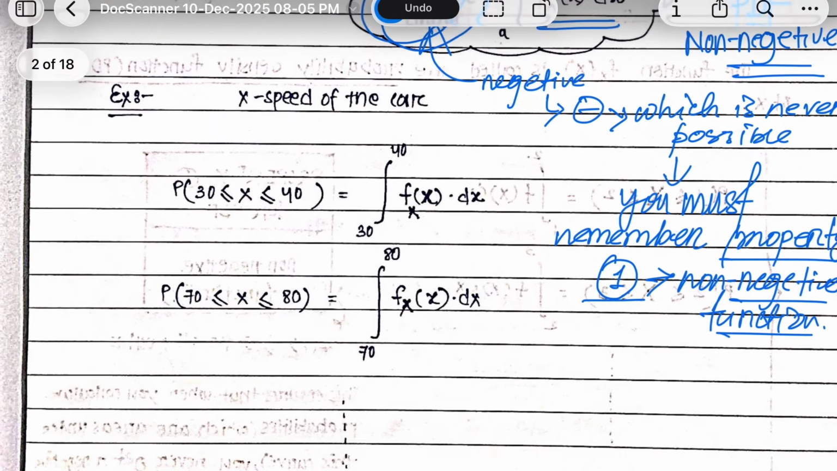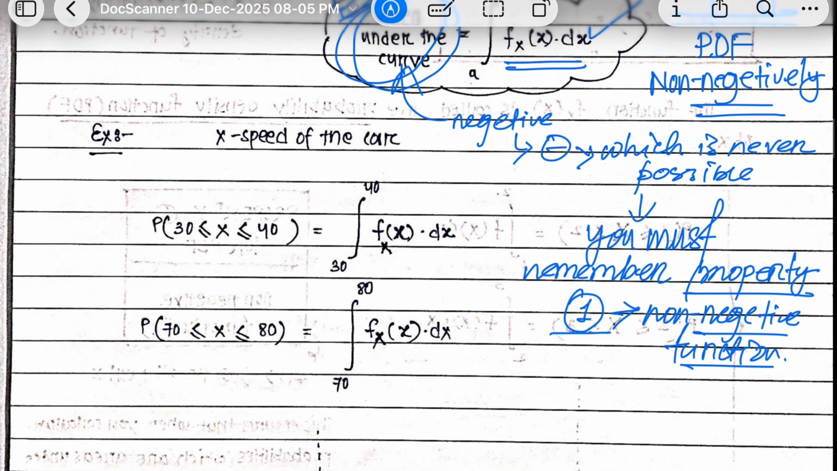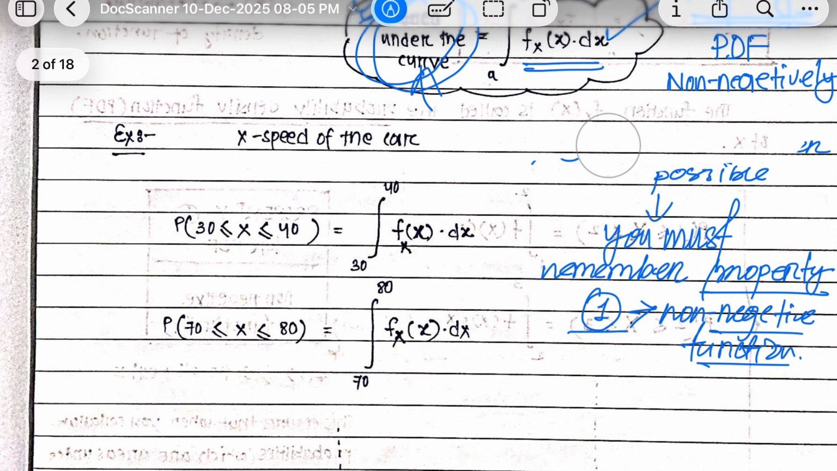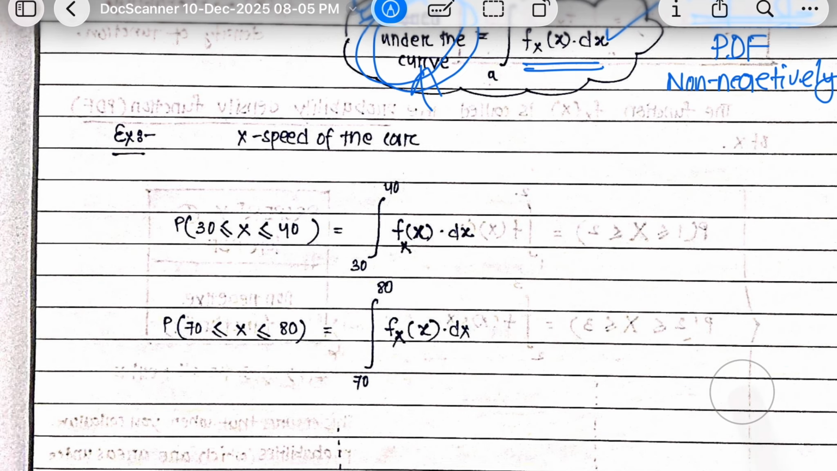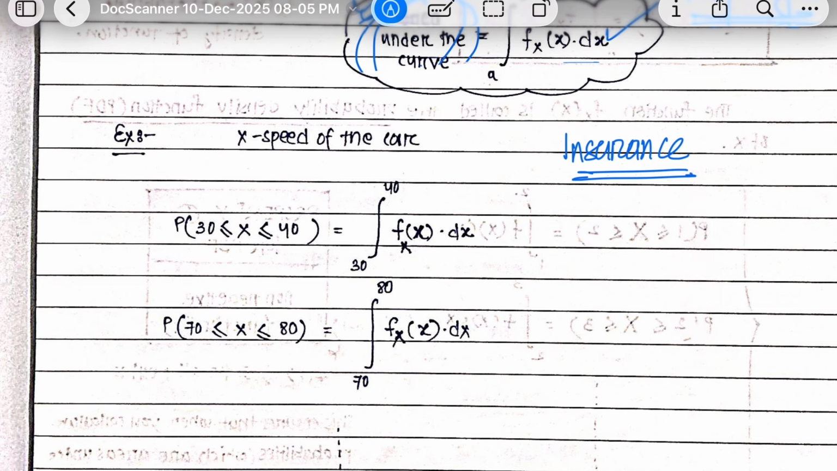So here there will be a great example to make you understand more about this thing. Carefully listen to this example so that you will remember everything. So what does an insurance company do? If you have taken a car insurance